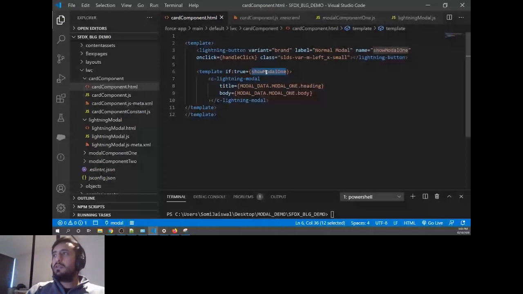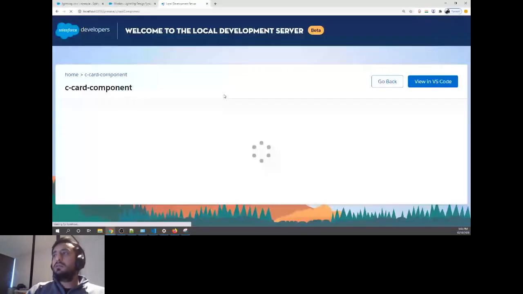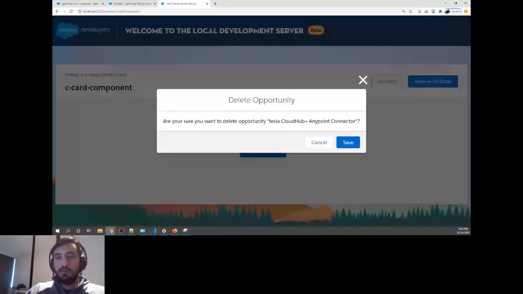Now we should have the button, not the model, on the screen. So we have the button, that's good. And if I click the button, now I'm able to see the model. That is perfectly fine, what we have built till now. Right now I'm not talking about close yet. I'll come back to this later, and I'll go back to our slide quickly.